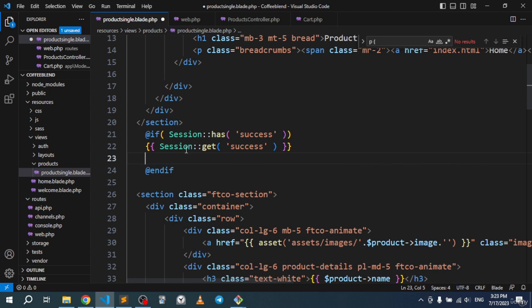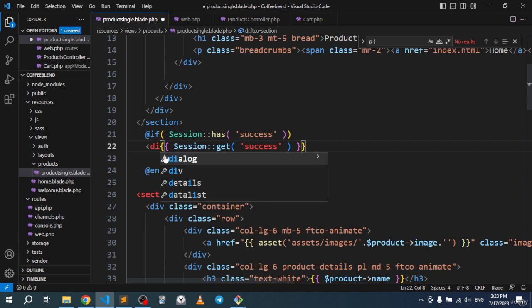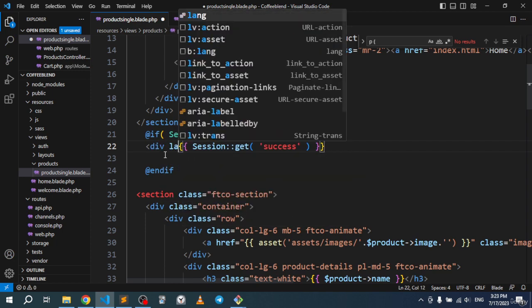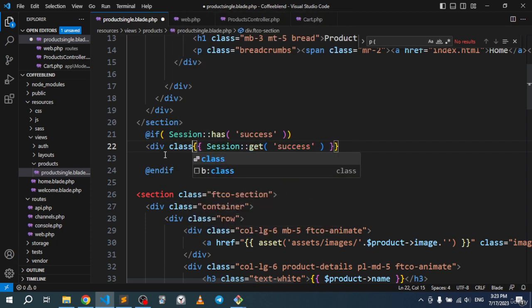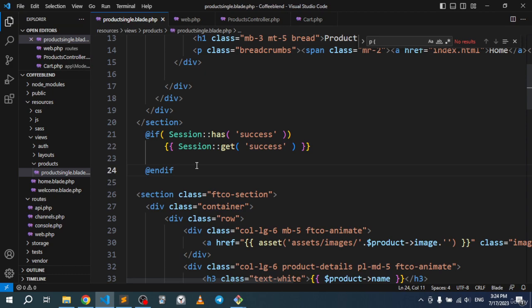All right, so we can go right here and write div class alert-success, or you know what, let's not even bother. So this will simply be success like that, and let's see what we have. So if I save this,